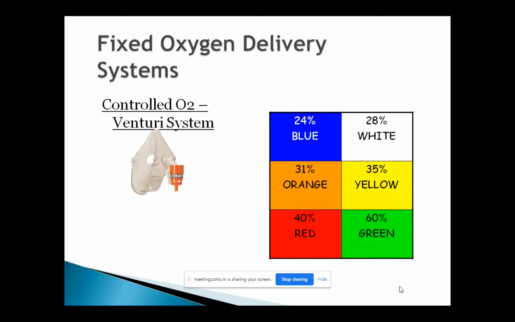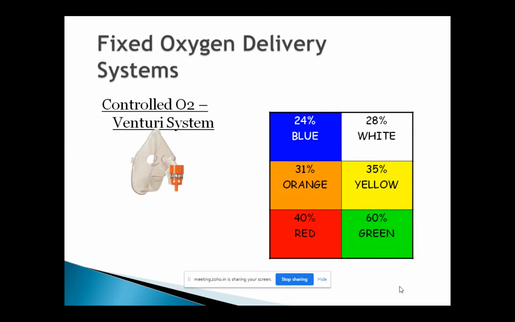As I said, the FiO2 you can give using the fixed devices only varies from 24% to 60. You cannot give anything more than 60%. Why is that? Because to give 60% oxygen, you have to set the flow meter to 15 liters. I already told you in the beginning of the presentation, the flow meters we use in the hospital have a maximum capacity of 15 liters. That's the reason the Venturi valves are capped to give 60% maximum with the 15 liters flow.